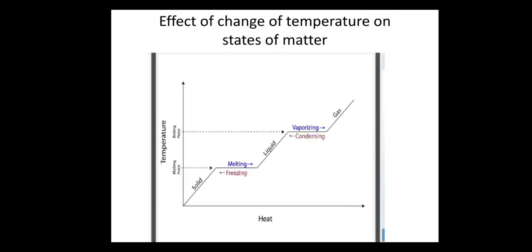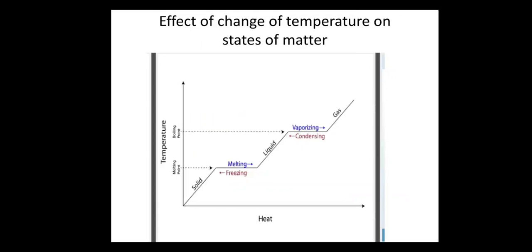With the help of this graph, you can understand how the three states of matter change into each other when temperature is increased. Now see, if we start with a solid and supply heat energy, the temperature of the solid will start increasing, it will start melting, and a particular temperature will be obtained which will remain still for some time till the whole solid converts into liquid. This fixed temperature is called the melting point, and this process is known as melting or fusion.